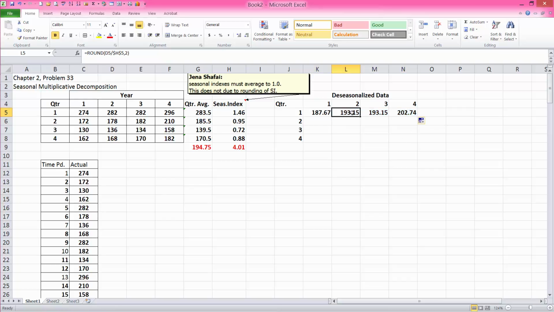So this one is going to be, you see over here, it's D5. So it's the quarter 1 of year 2. That is divided by H5, where H5 is this number right here, which is the seasonal index for quarter 1. Okay, so then for this one, we're going to do the same thing. I'm going to round